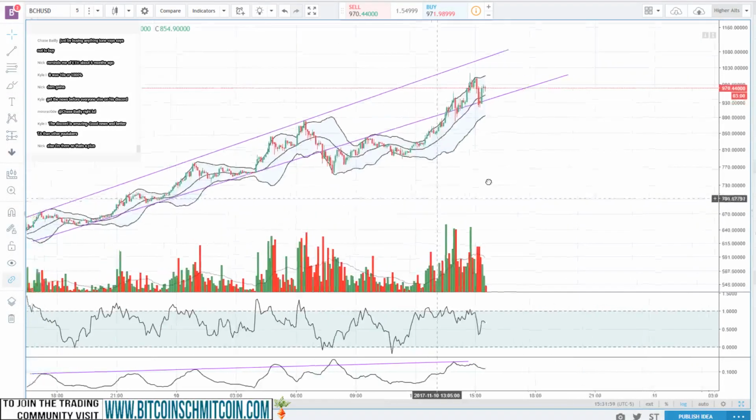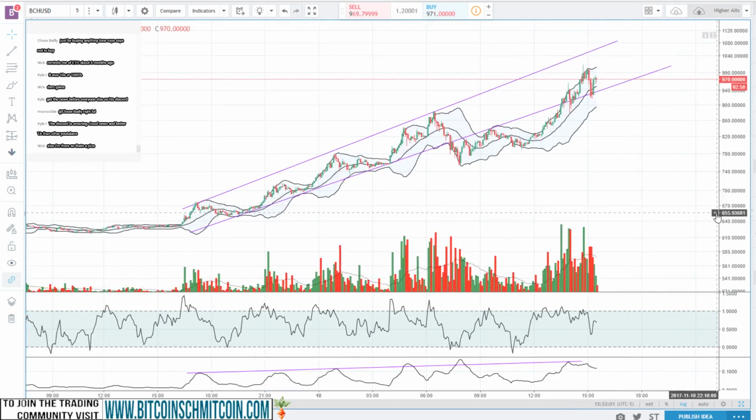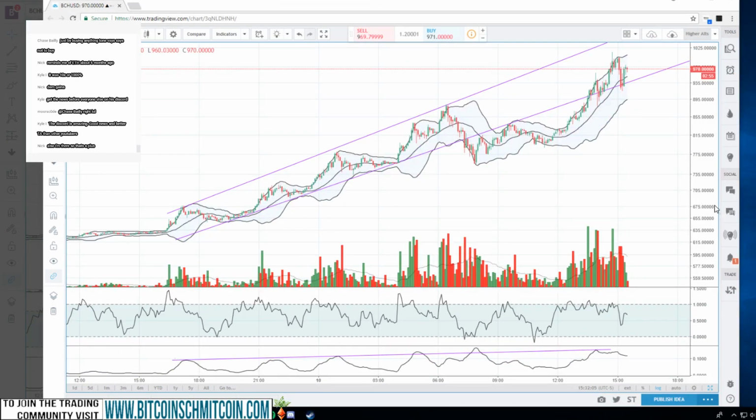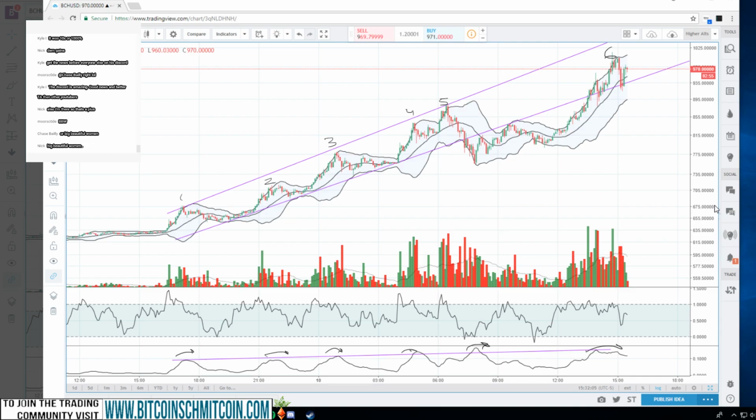How I've been trading this is you notice every consolidation period, we see a rounding of the Bollinger Bands just before consolidation every single time. So we see the price comes up, it makes a high, and the Bollinger Bands start rounding out, every single time. We see it here, 1, 2, 3, 4, 5, and now 6 times. We've seen this trend where it peaks, it rounds, it peaks, it rounds, so on and so forth.